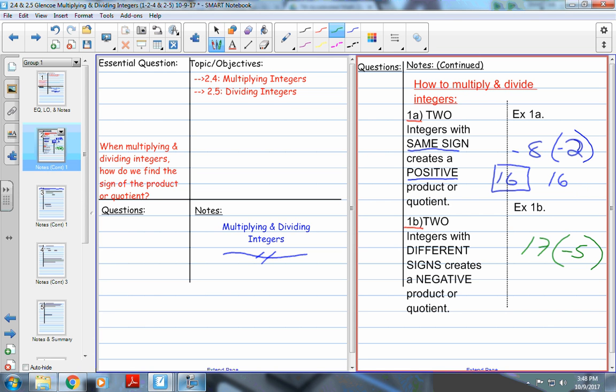If 2 integers have different signs, the product or quotient is always a negative. So in this example 1b here, we have 17 times -5. Well, that's a single negative, so we're going to have a negative answer. And I'm going to have to do 17 times 5 on the side as well, because I don't have all these things memorized. So we end up with